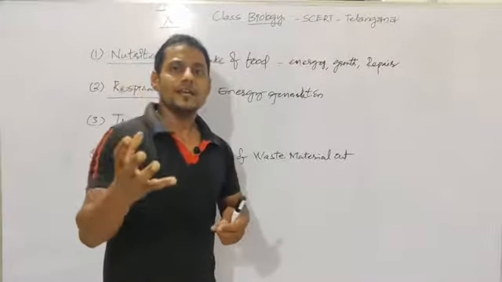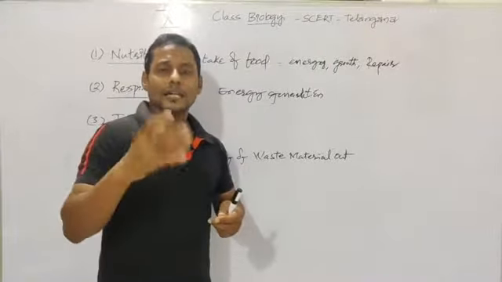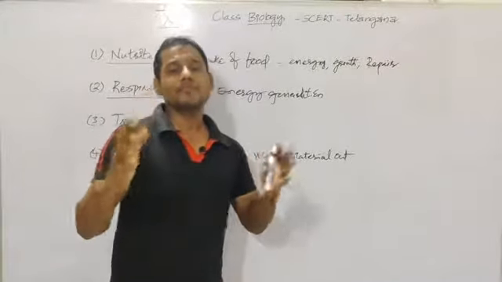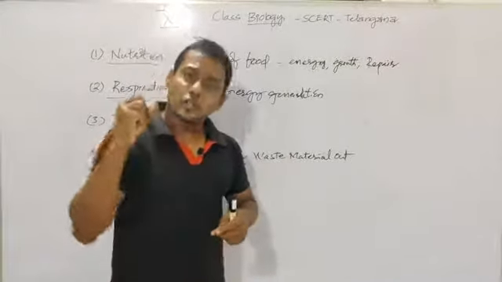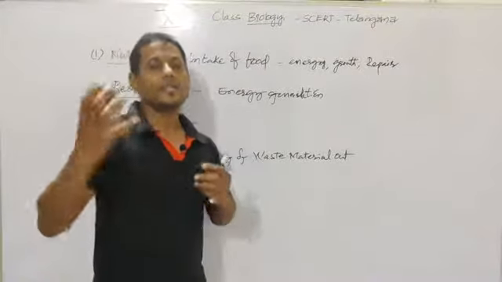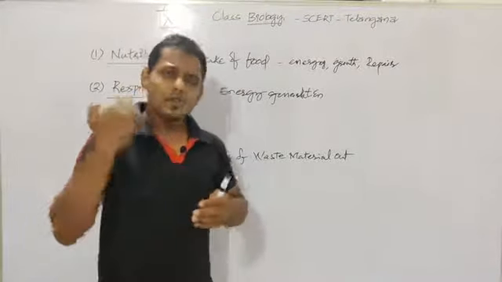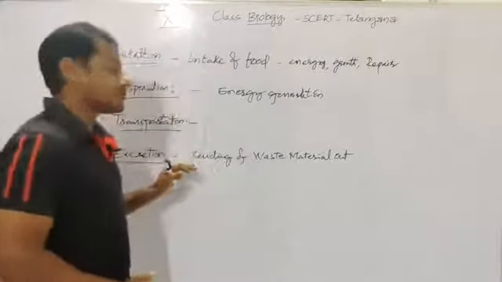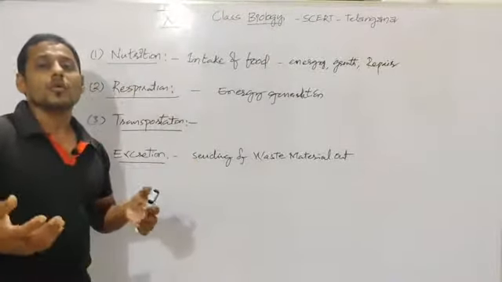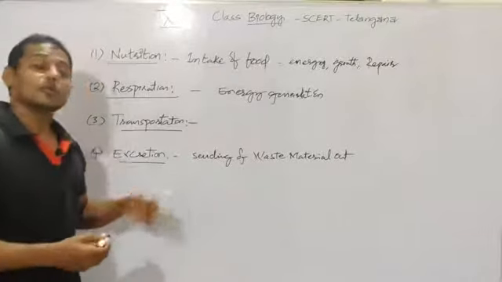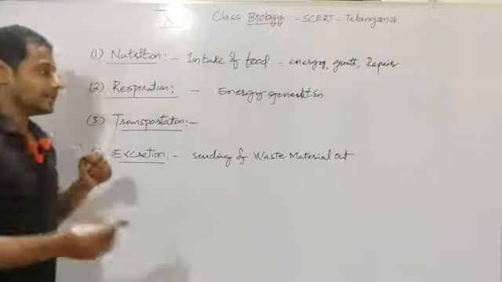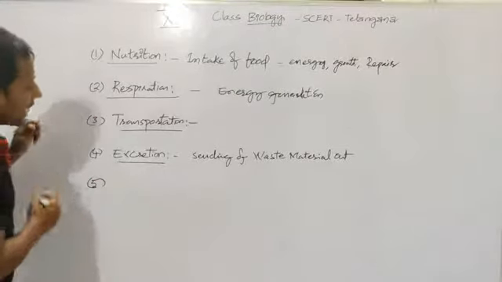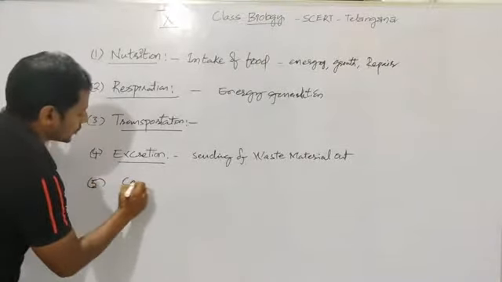In the same way, as the vital activities, as the life processes take place in our body, so many kinds of waste things are produced in our body that should be eliminated from our body. Otherwise our body becomes poisonous. How these waste materials are going to be sent out by our excretory system is also very interesting, which we are going to learn in the 4th lesson. And in the 5th lesson we are going to see coordination.